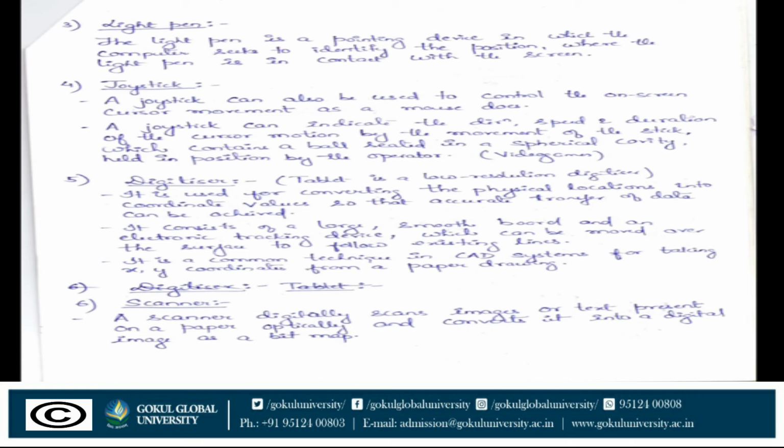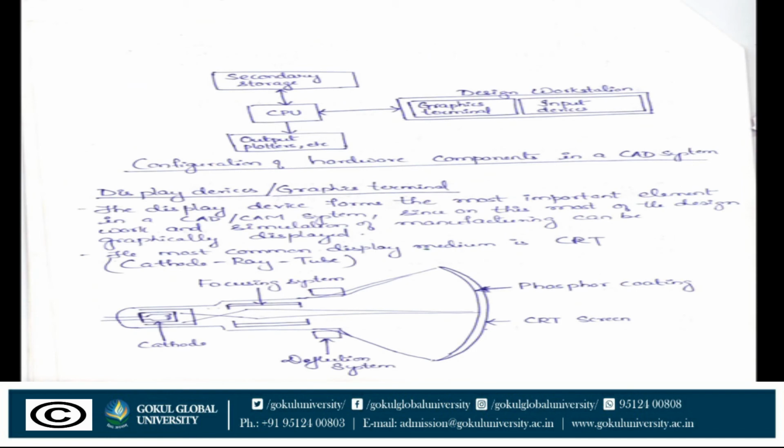The joystick can also be used to control the on-screen cursor movement, as well as the mouse movement. The digital scanner is a type of input device that you use to input data. A scanner is also there for when you need to scan a document. For the scanner, different configurations or systems will be there: a secondary system, a secondary computer, a graphics terminal, as well as the input device.